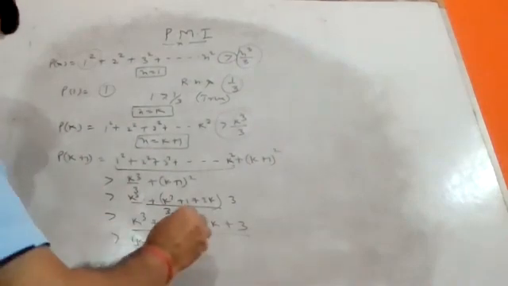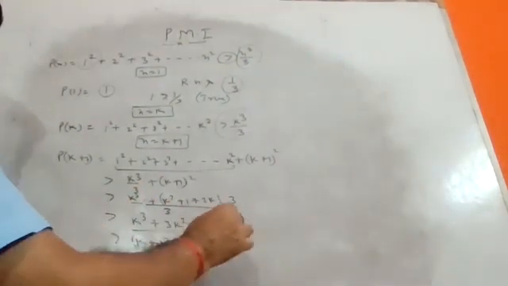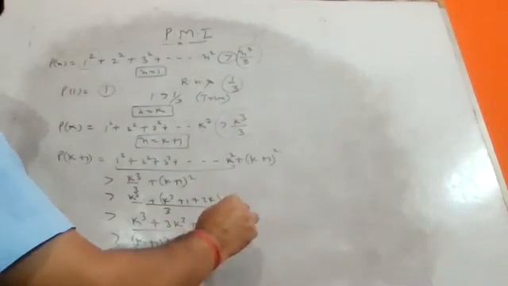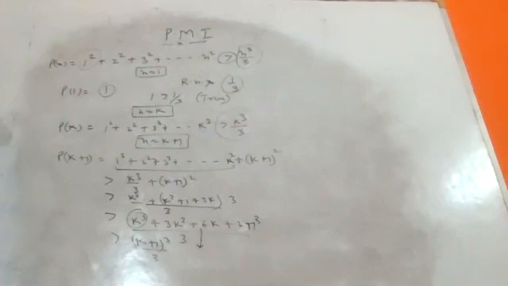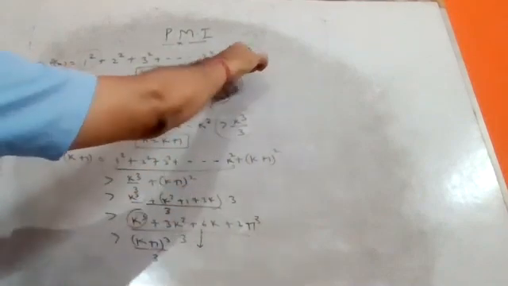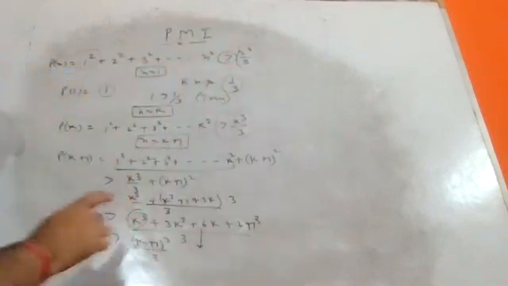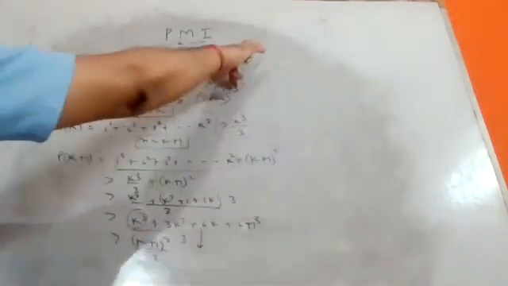In this place, you can adjust the value: in place of 3, you can write 2 plus 1. So a cube, 1 cube, that is b cube. A cube plus b cube plus 3a square b plus 3ab square. Using this formula in front of this value, if I put k plus 1 in this value, your result will be k plus 1 whole cube divided by 3.